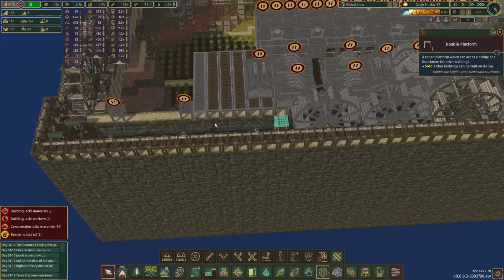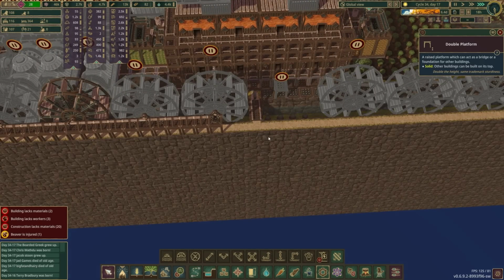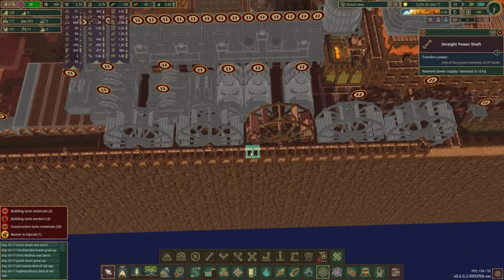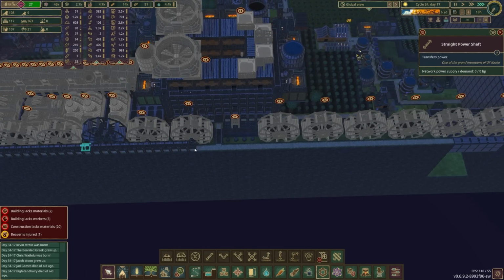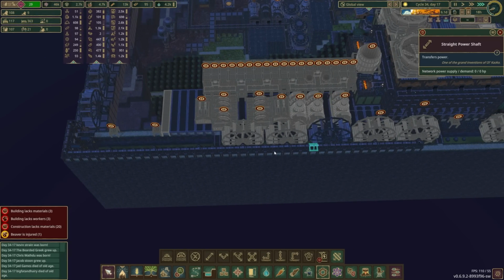It might be something that I'm going to have to figure out some other way. I'm not exactly sure how to make that work because, you know, you can't have the path go up through a power shaft. And I apparently decided that I had to have this entire backside completely filled with power shafts. So one of these is just going to have to not have...